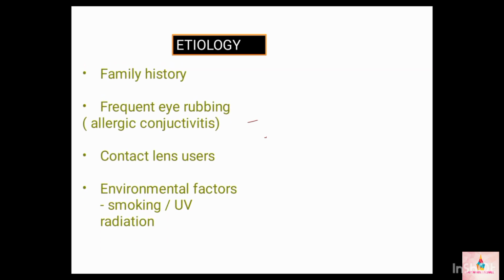The etiology. So the definitive cause for keratoconus has not yet been identified, but these are the most common risk factors. So the first risk factor is family history. If there is a history of similar condition in the family, it tells us that there is some genetic involvement, and commonly in this condition, this genetic involvement is causing changes in the corneal collagen, leading to the conical protrusion and dilation. It is due to the collagen changes in the cornea.